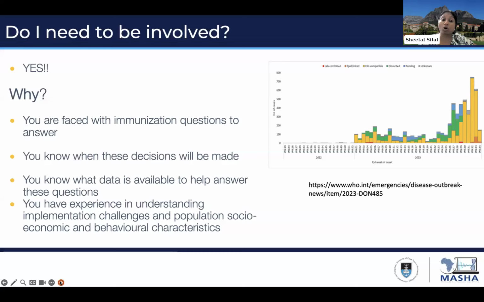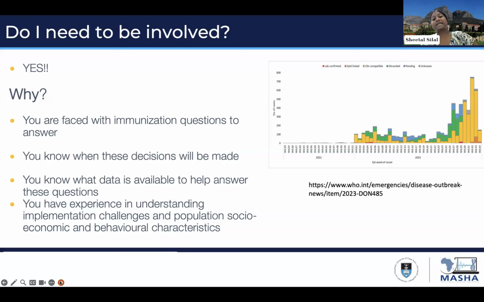So you would be armed with knowing when these decisions are made, because as many of my modeling colleagues on the call will be able to tell you, these modeling projects tend to take a while. But if decisions need to be made soon, there are also differences in methodology that can be applied to provide quicker answers. They may not be as robust or detailed as recommendations that take a longer time to produce, but can still be useful in supporting decisions that need to be made in a short time frame. And the COVID-19 pandemic was one example of where this was the case for almost all modeling related decisions that needed to be made.